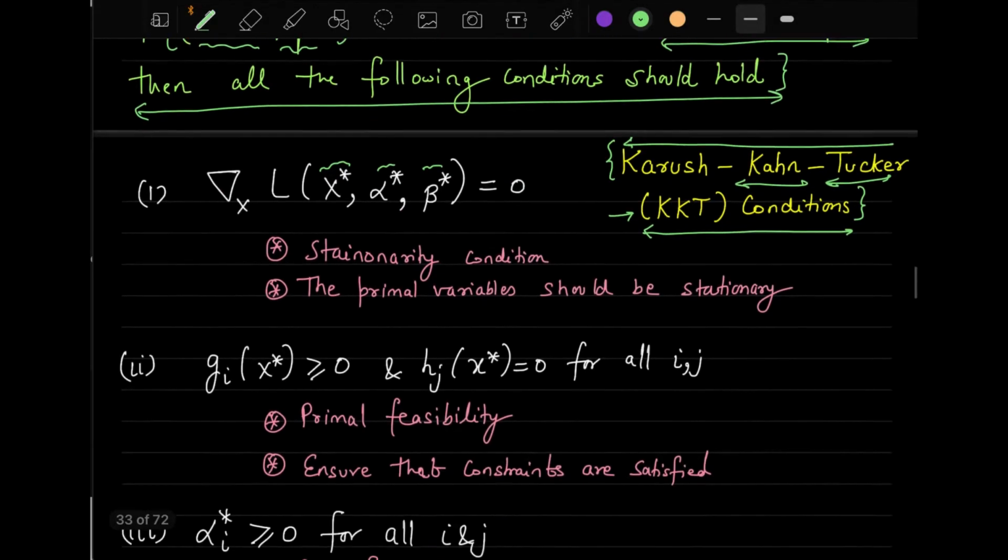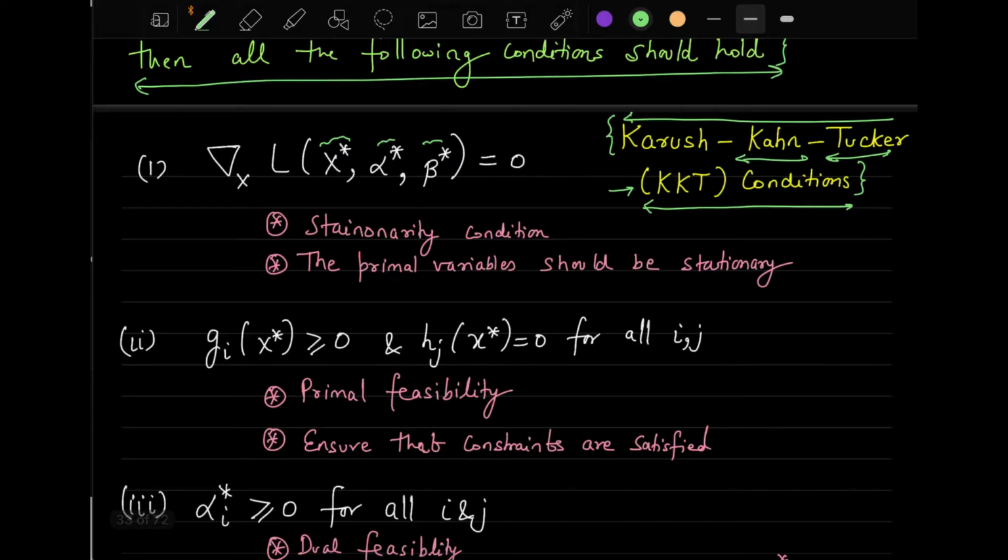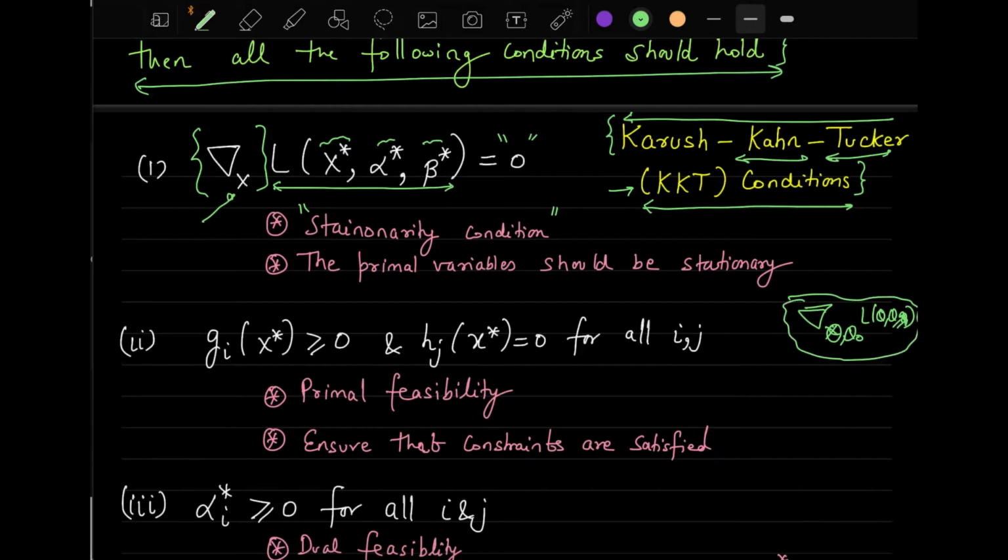So what are they? Let's understand it. If you take the derivative with respect to the primal variable x of the Lagrangian, which is given over here, its value has to be equal to 0. This is called the stationarity condition, which we already did, right? We were already taking the derivative of the Lagrangian with respect to x, or the thetas. So this thing which we are setting equal to 0 is called the stationarity condition, given over here.